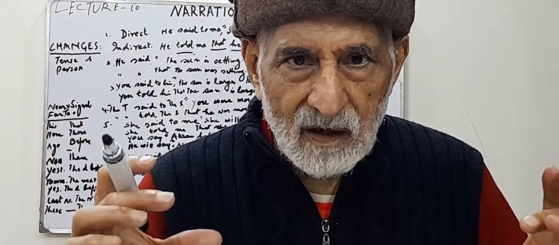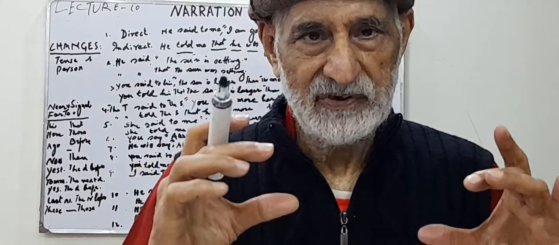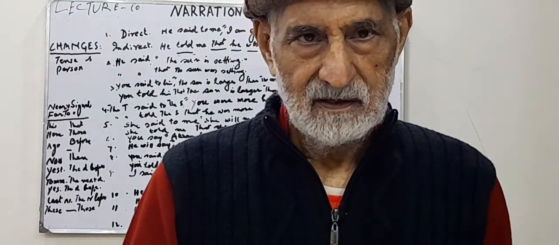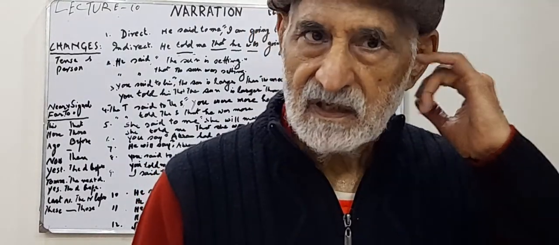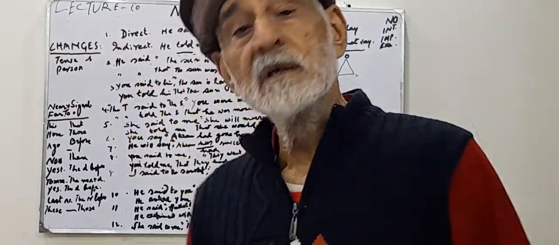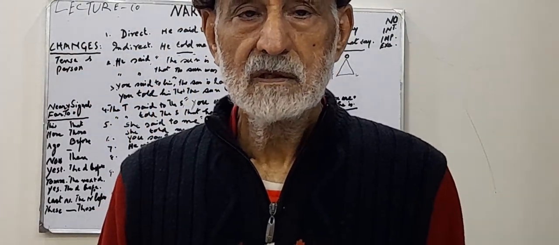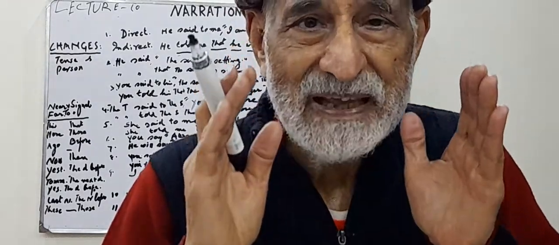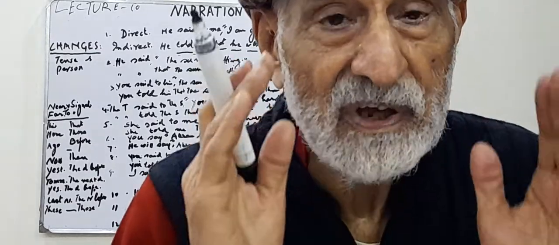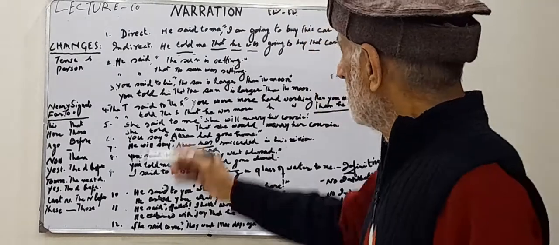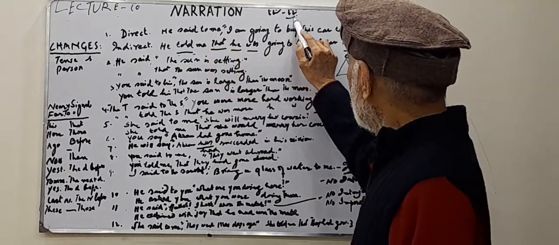and one event happens before the other, in this case the second clause would go to past perfect. These three rules are the base of sequence of tenses, and we are going to use them in narration. Narration means to tell,